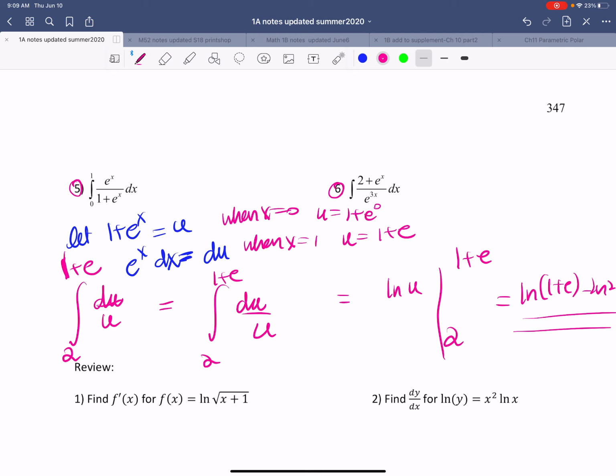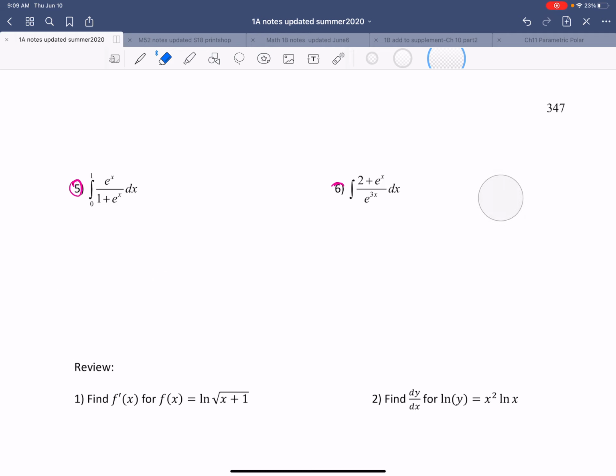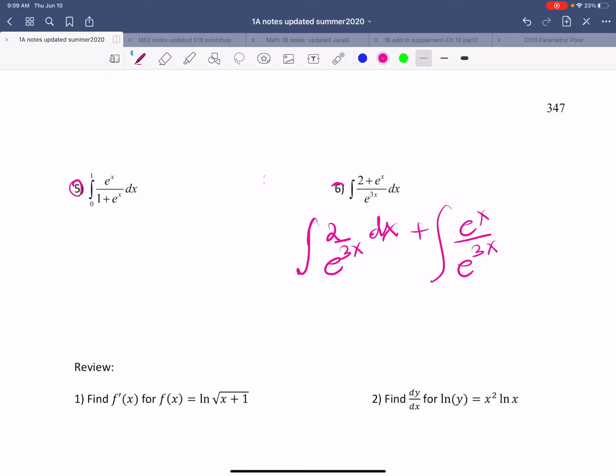Now let's look at example number 6. Example number 6 looks a bit tricky because I don't have the derivative of the bottom sitting on the top. The derivative of the denominator is not in the numerator. So what we can do here is, let's try to isolate the two fractions and see if that takes us anywhere. 2 over e to the power 3x dx plus e to the power x over e to the power 3x dx. Okay,